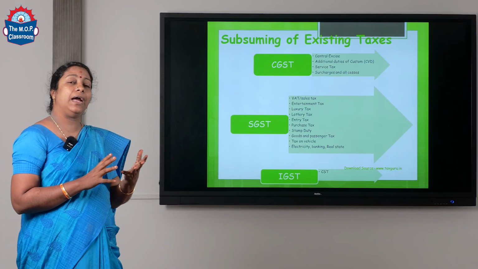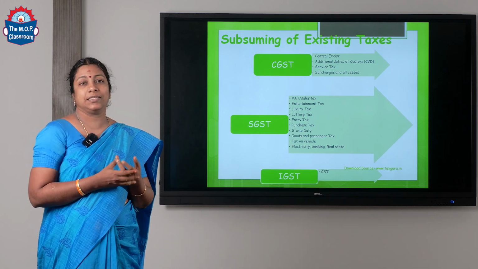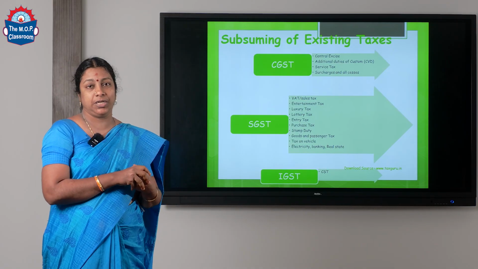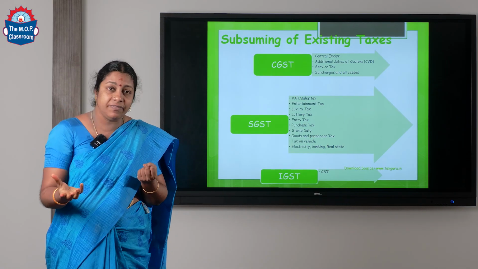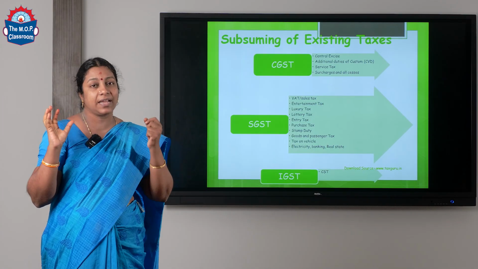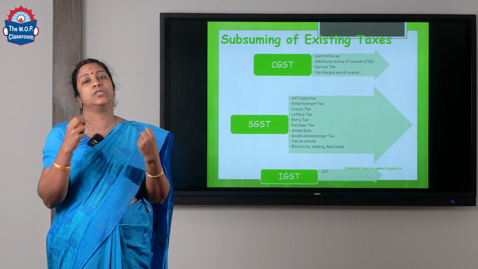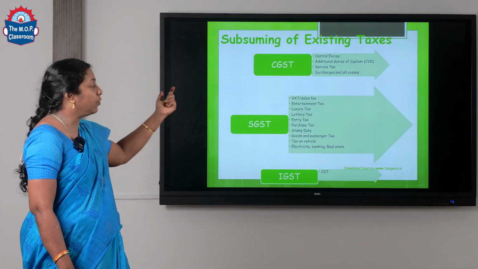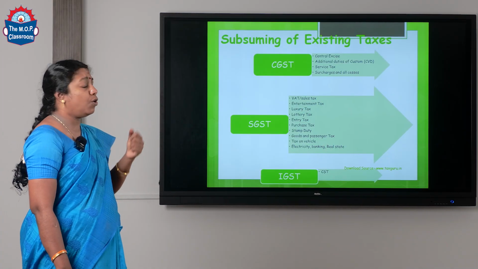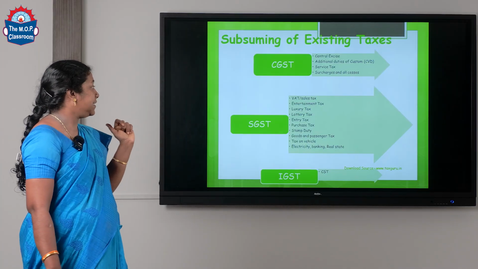Earlier we had two different systems. One is called the commercial tax. Commercial tax means when you sell any goods, you have to pay the commercial tax. When you provide any service, then you have to pay the service tax. So, service tax and commercial tax were two different acts. But now GST is going to replace the commercial and service concepts together. So service tax is not going to exist, it is going to be taken in by the CGST. Next, all the surcharges and other cesses are going to be replaced with CGST.